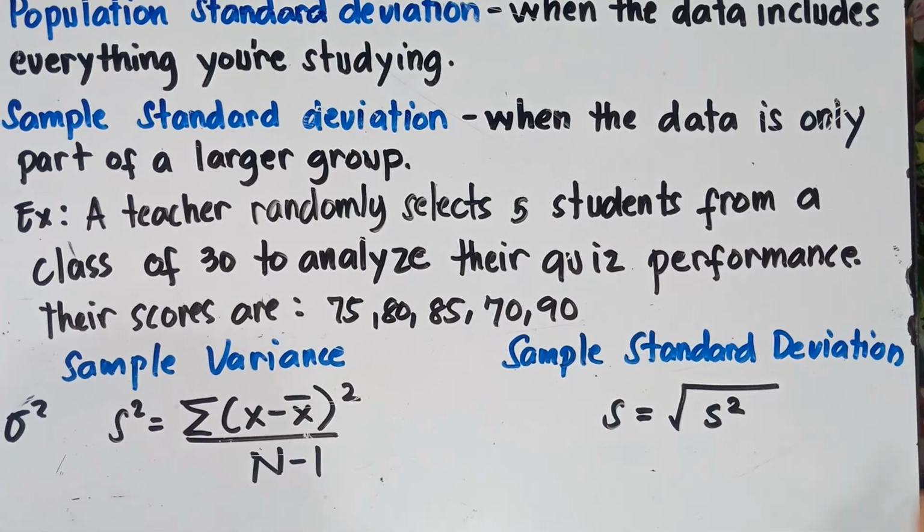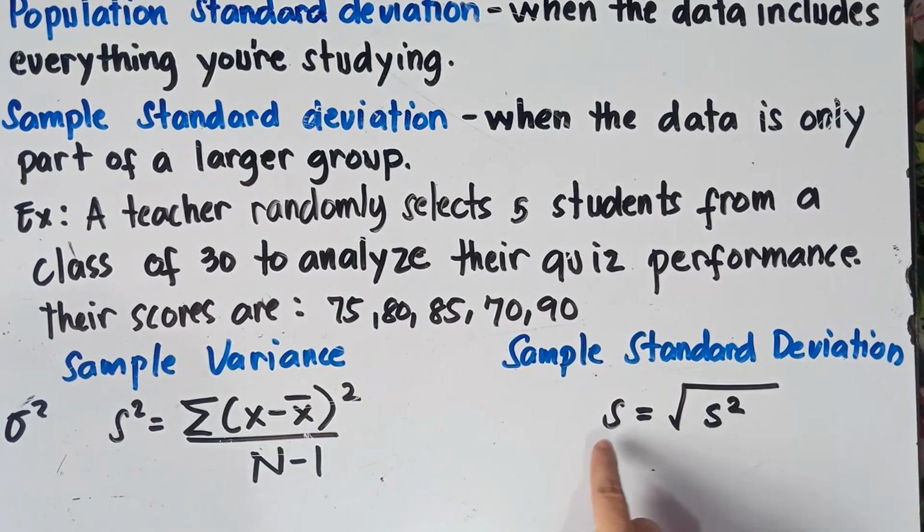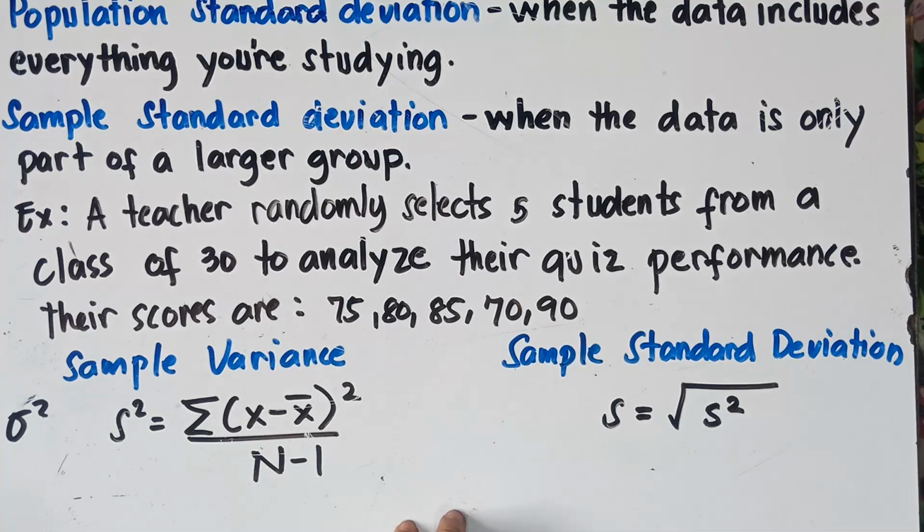To get the sample standard deviation, of course, simply get the square root of the sample variance. So standard deviation is equal to the square root of the sample variance. We do have another video for this one, where we explain it step by step, so feel free to see the video. I'm sure, class, if you watch the videos on finding the sample standard deviation and the sample variance, you will really understand it. I will put the link in the description down below.